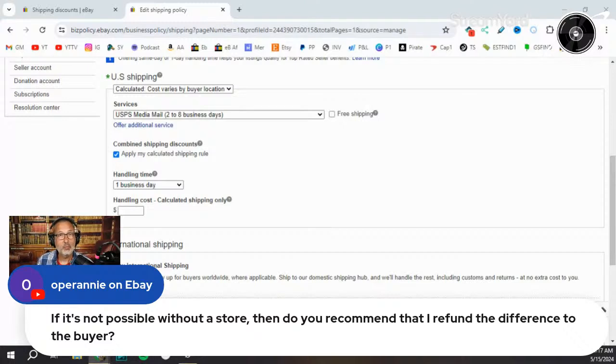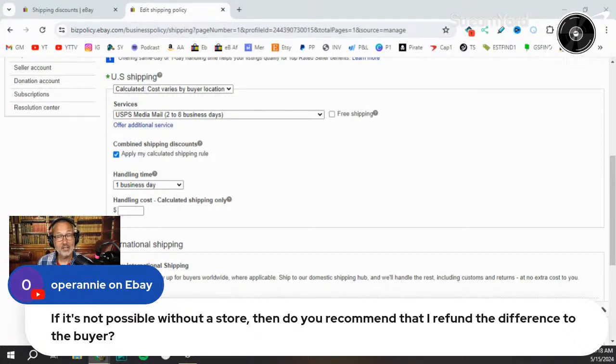I had an item that when I initially listed it, it weighed like 15.7 ounces. And I was afraid that when I wrapped it, it was going to go into the 2-pound rate. So I put it in as 1 pound, 1 ounce. As it turned out, I was able to ship it at the 1 pound rate. The customer paid the 2 pound rate, so an extra 74 cents or whatever. I did not. It's not worth my time and trouble to refund that kind of amount. So I did not do that.